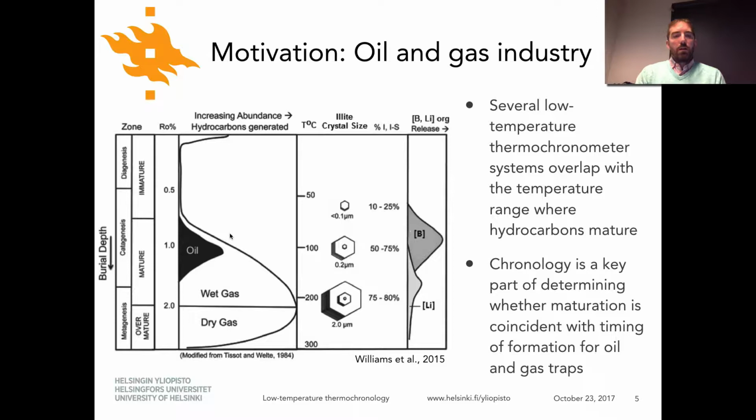But obviously, knowing the level of maturation, or sort of how hot things have been, is really important for finding oil and gas. Not only that, but it's also the fact that you can date when it was at those temperatures that's extremely valuable, because oftentimes structural traps that form, if you've got folds and thrusts that are bending the rock and trapping oil as it migrates, you want to know that the timing of the formation of those features is around the same time when the oil is being generated. Otherwise, you could produce your oil much earlier before things get folded, and the oil might just migrate away